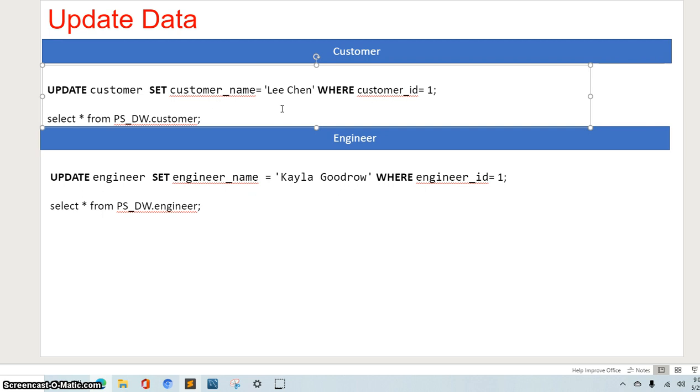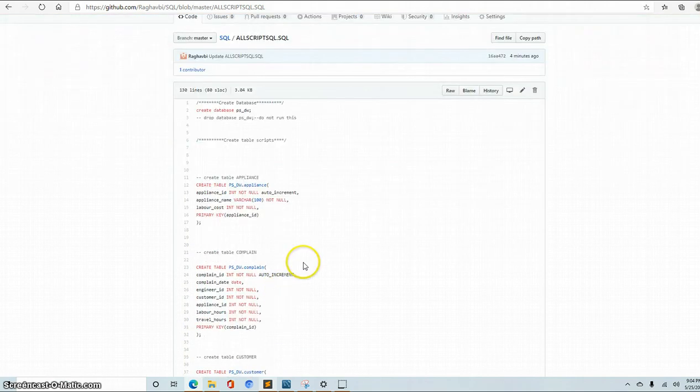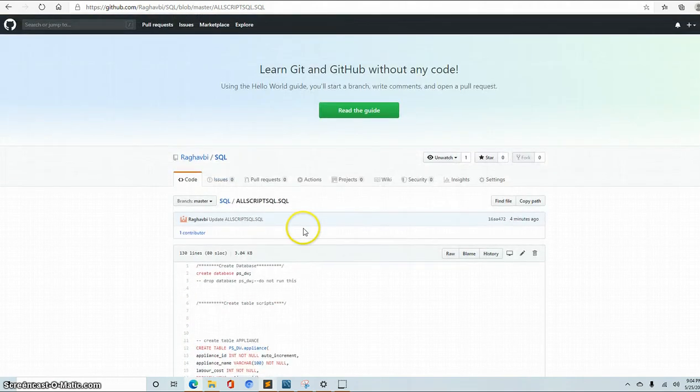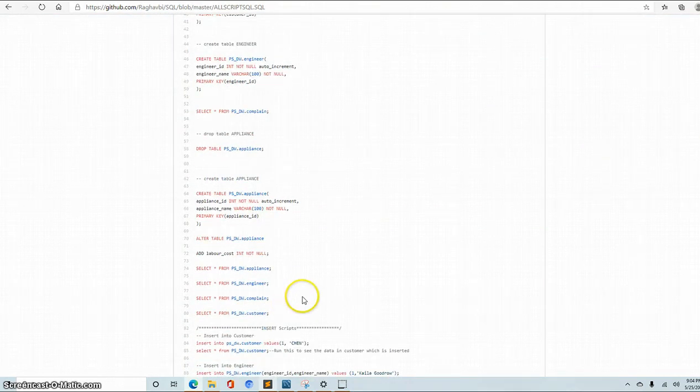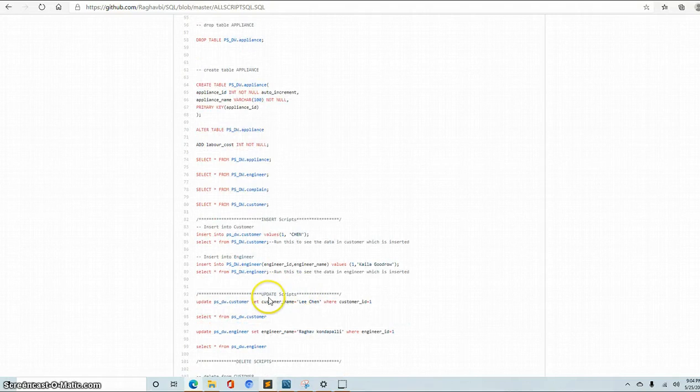The scripts are already available on my GitHub link. Let me show you the GitHub link for a sec. As you keep scrolling down in the all scripts sql.sql file, after our insert scripts you would see the update scripts, where you would see the exact scenario. Let me explain how the update works. Update works similarly to the insert scripts, but not exactly the same. So let me pull up my